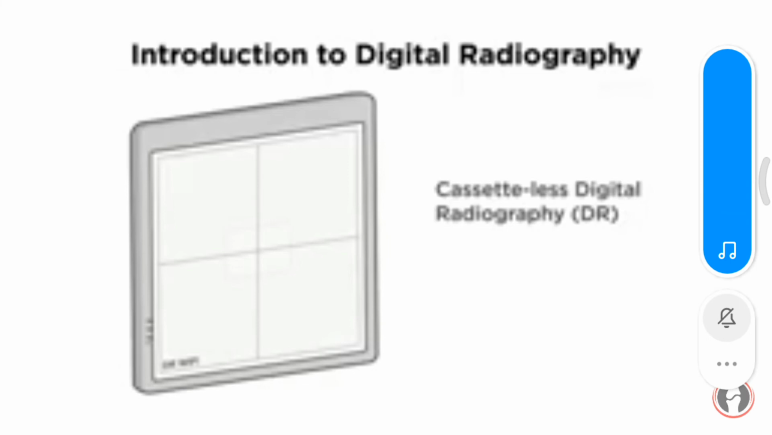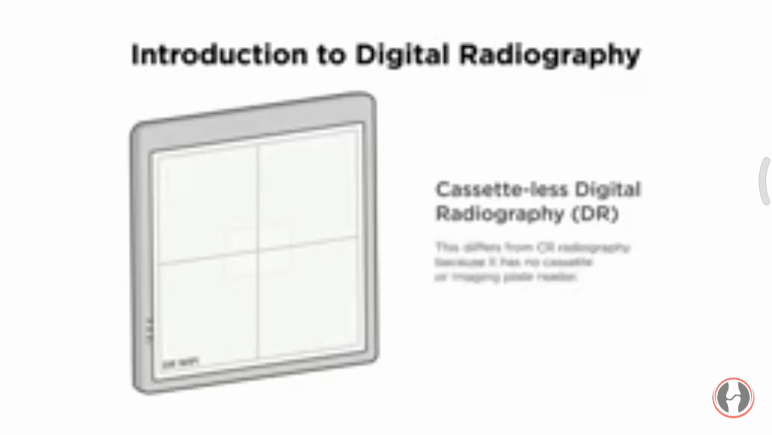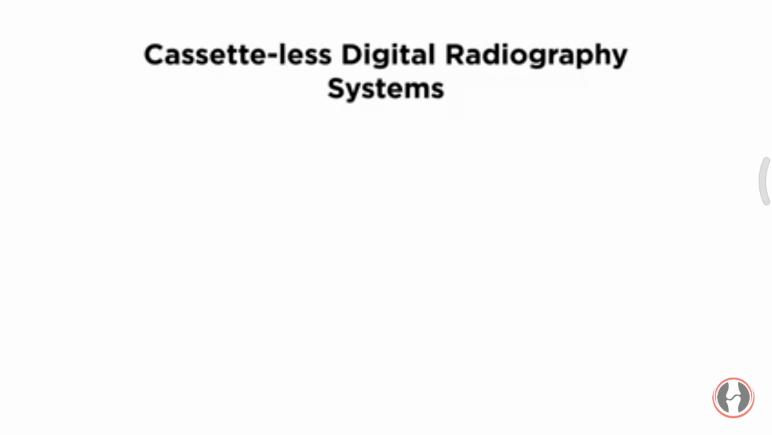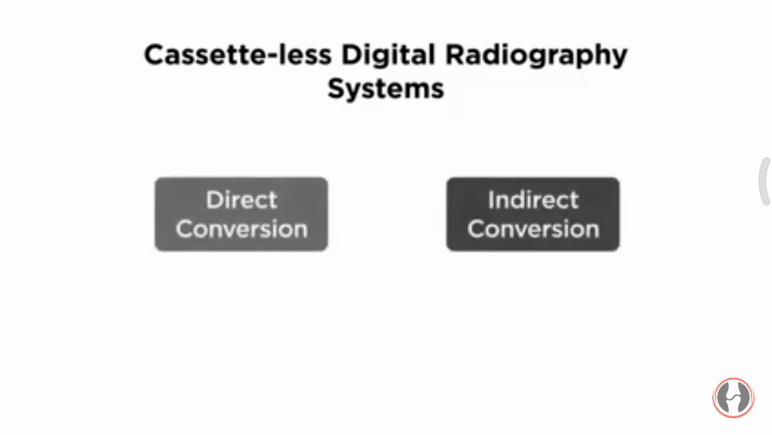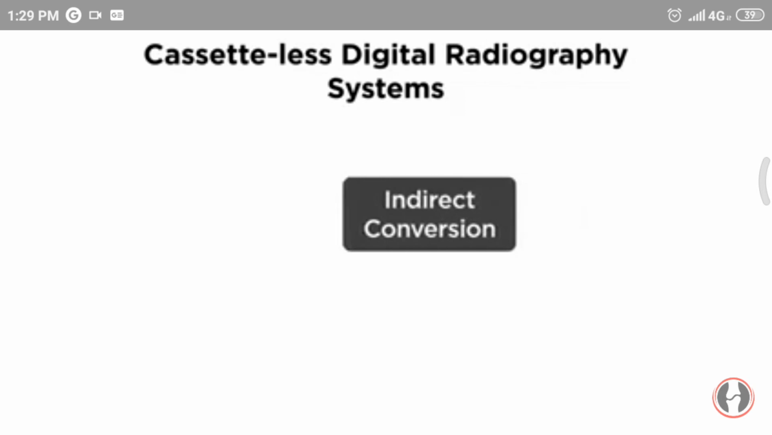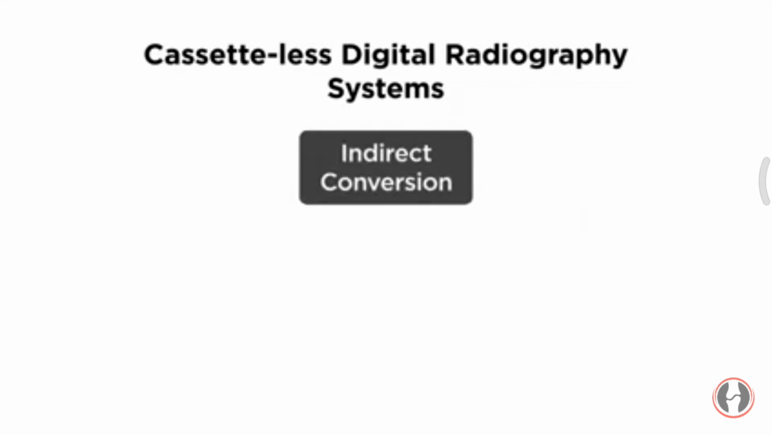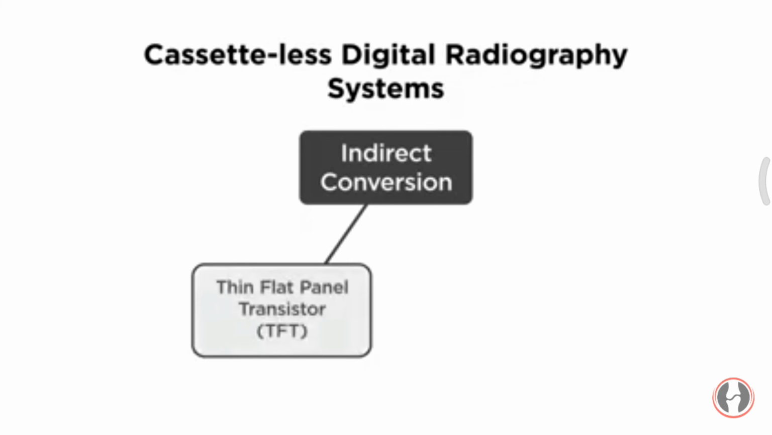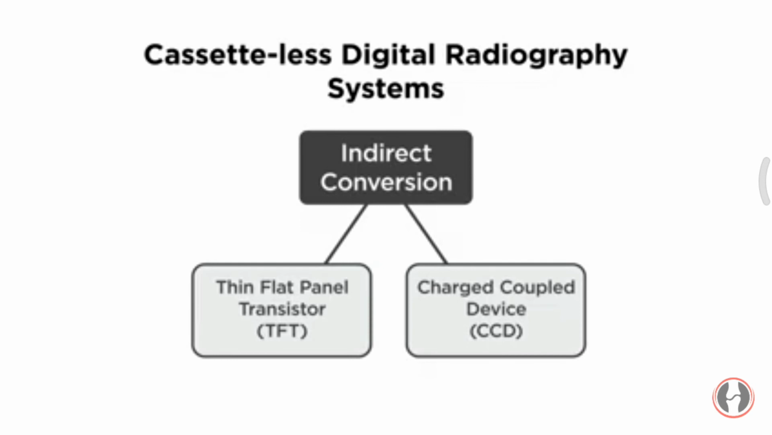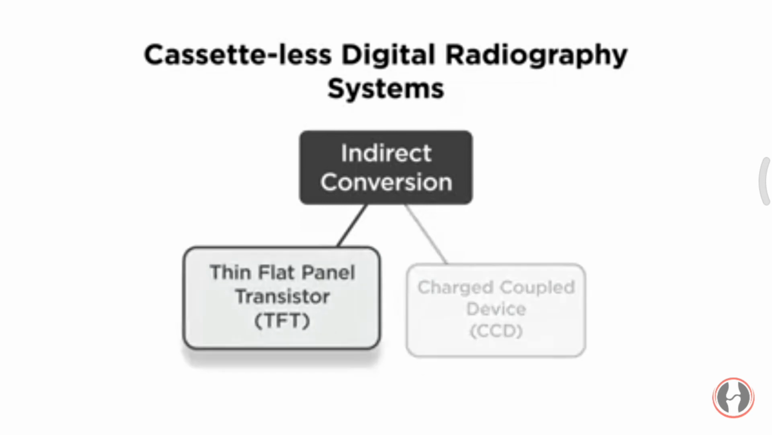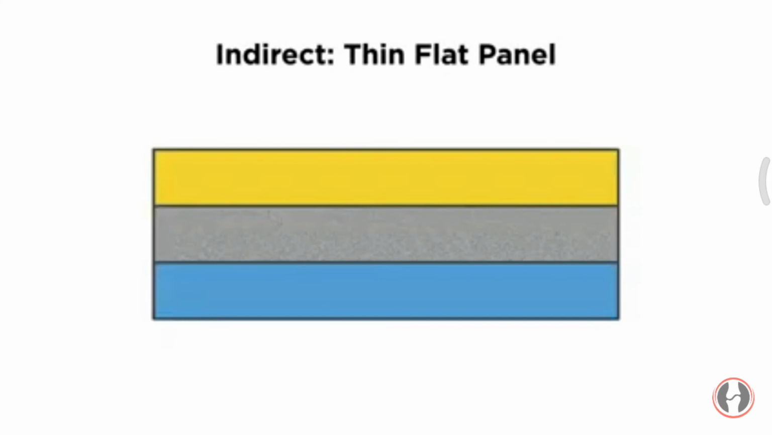Cassetteless digital radiography systems. Cassetteless digital radiography is different from CR radiography in that there is no cassette or imaging plate reader. Cassetteless digital radiography can be broken down into either direct or indirect systems. Indirect radiography can be further broken down into either thin, flat panel transistors called TFTs or charged coupled device systems called CCDs. Indirect TFT systems are composed of three main layers: the top scintillation layer, a middle photodiode layer, and